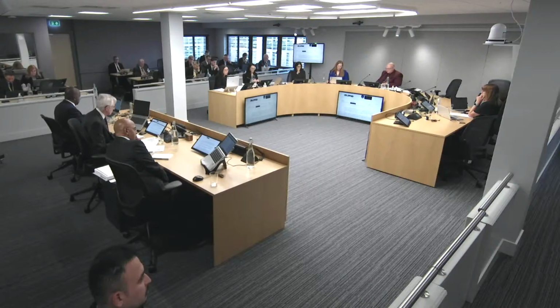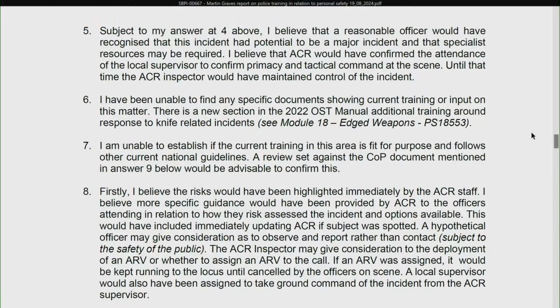And you've talked, if we could look at paragraph 5, please. This was the question regarding the hypothetical reasonable officer. And if the hypothetical reasonable officer had received the training from College of Policing, would that have made a difference effectively? But I think from what you've said, perhaps,